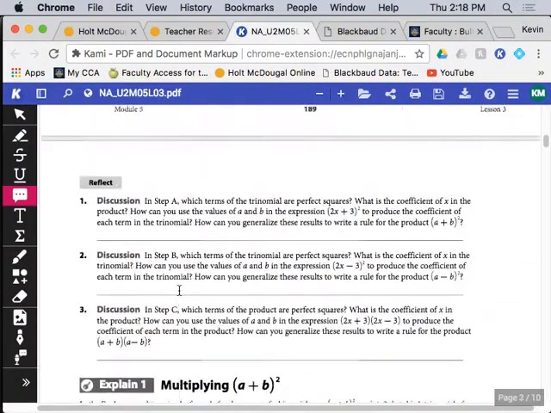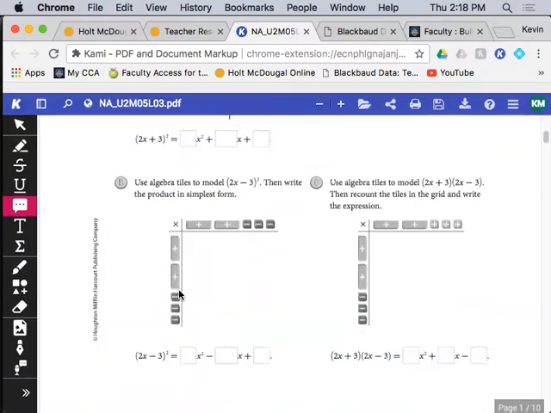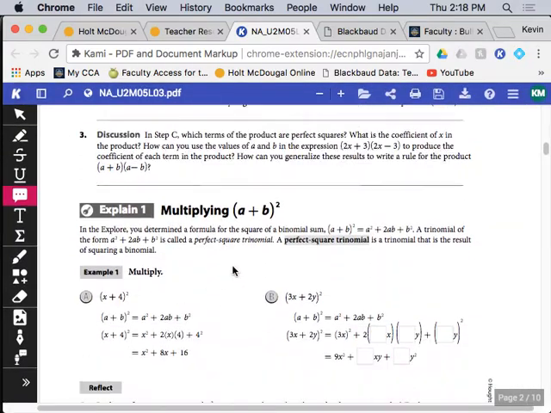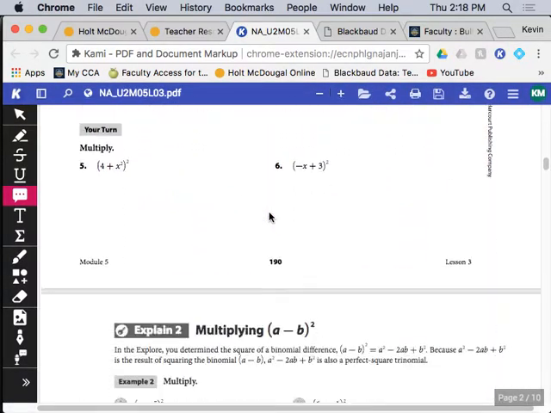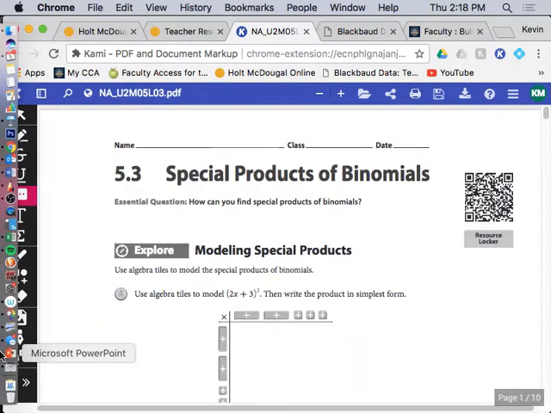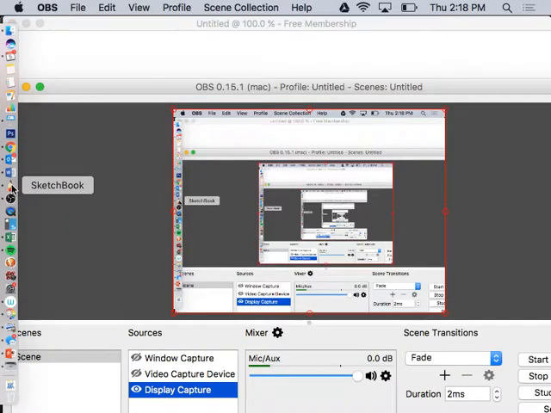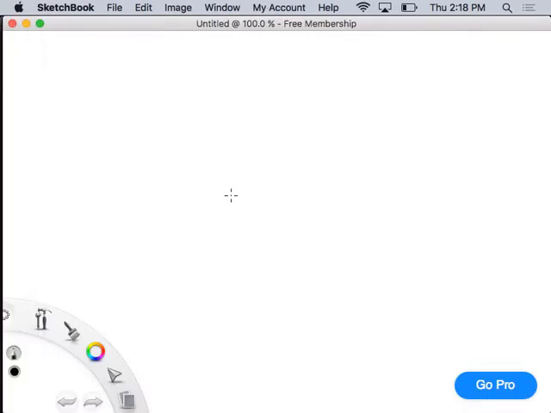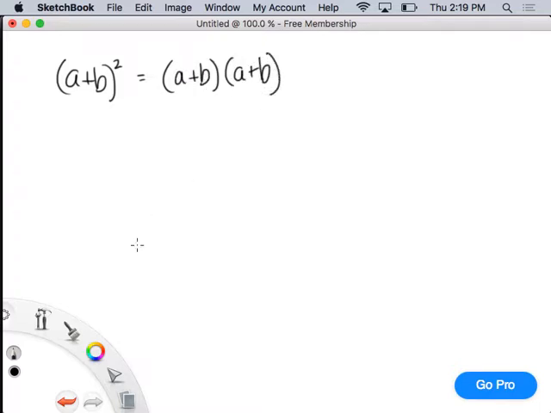So, the way that your book does things is a little bit different than the way I do things. They differentiate between a plus b squared and a minus b squared, and I'm not going to differentiate between those two. Okay, so if we take a look, let's get started. If I do a plus b squared, I could also write that as a plus b times a plus b. And if I were to FOIL that out,